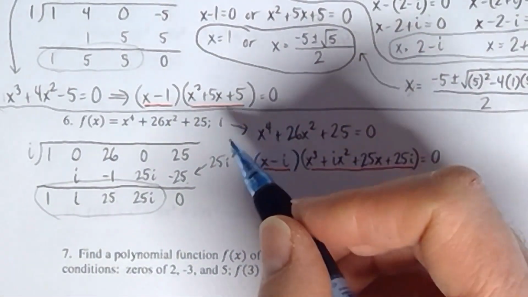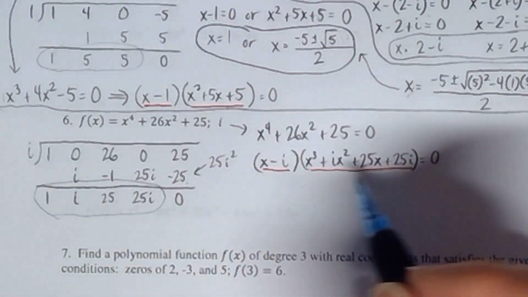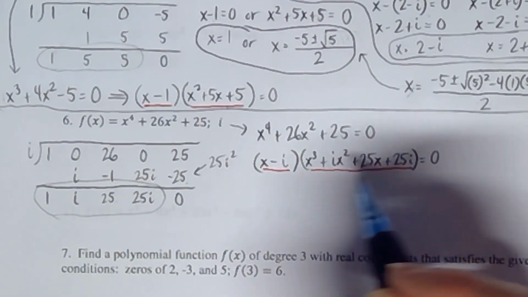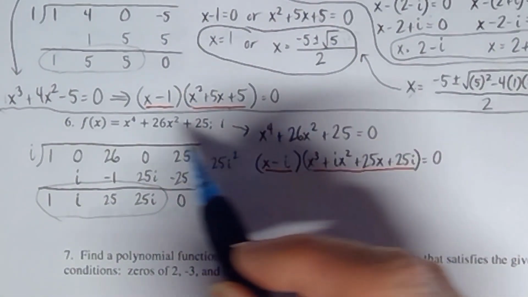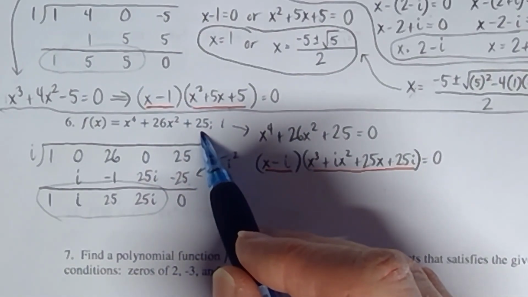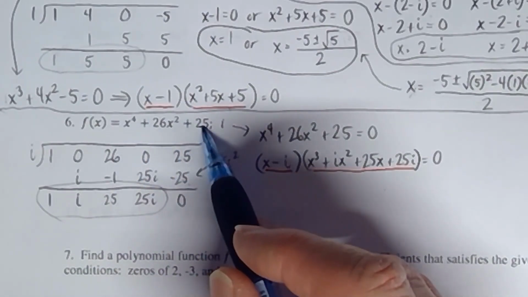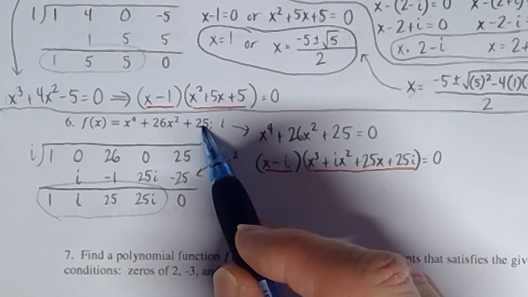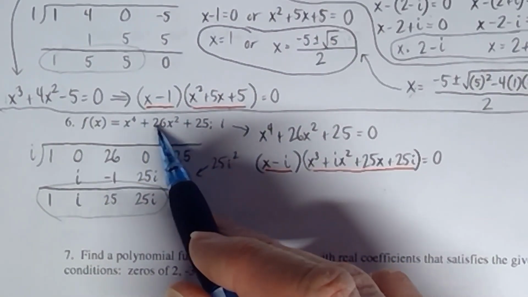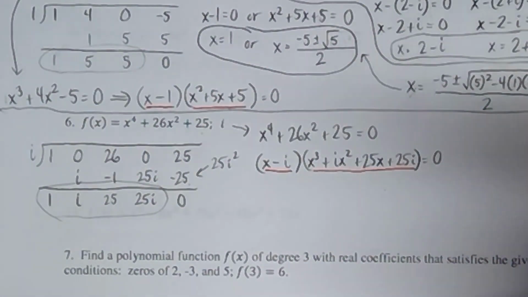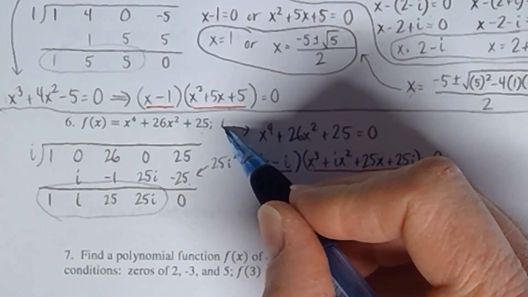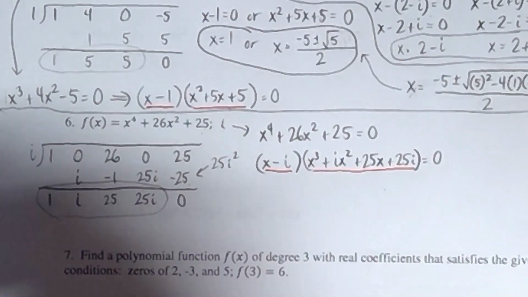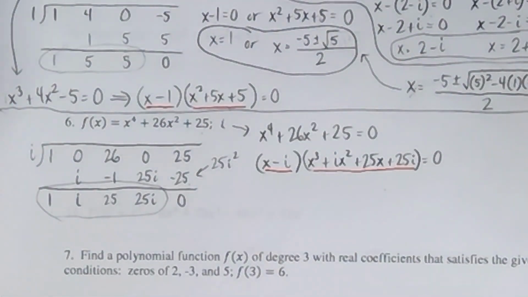Here's the thing. Since the original problem, not this part here, this part doesn't need to have real coefficients. It can have i's in it. Since the original polynomial had real coefficients, no i's in it, the coefficients are 1, 26, and 25, there's no i's in there. Since i was a 0, then by virtue of the conjugate zeros theorem that we just talked about,